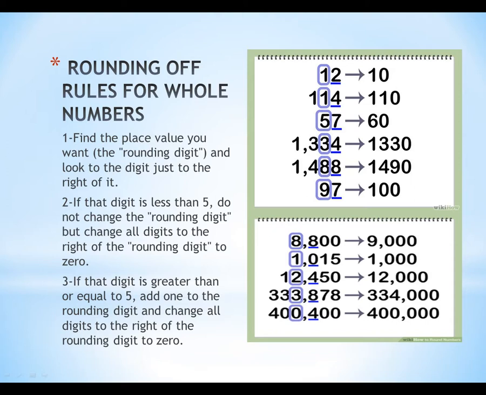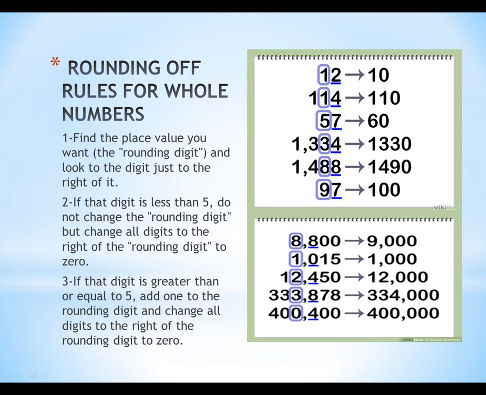Here are also some examples. You can see that here are a lot of numbers. After that digit we have to round off, just like 8800, and we have to round off its thousandth place. It means the 8 is the number that will be rounded off. So the next number is 8, which is greater than 5, so the previous number will be increased, so it will become 9, and all the next numbers will become 0. And now the next number is 0, so all the numbers will become 0, and it will be rounded off at 1000.